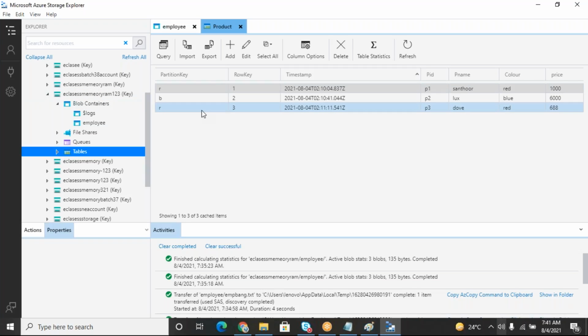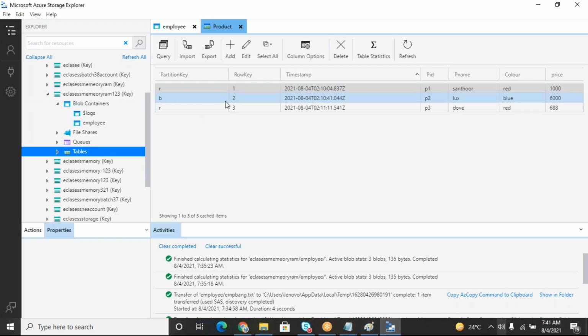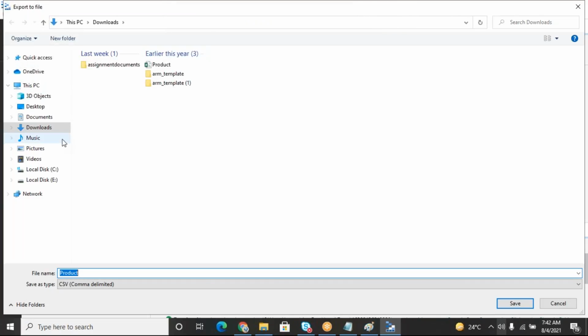For example, instead of entering this manually, I want to import a huge volume of data available inside my CSV file or any other file, from somewhere I want to import into here. So if you want to import, the data should be in a specific structure. If you want to see that structure, see that export option. Whatever data I have here, I want to export into a file. So click on export,